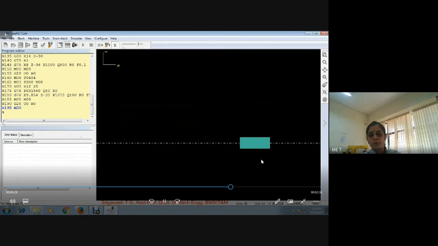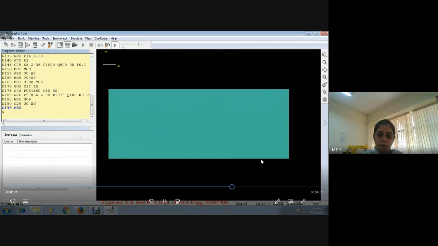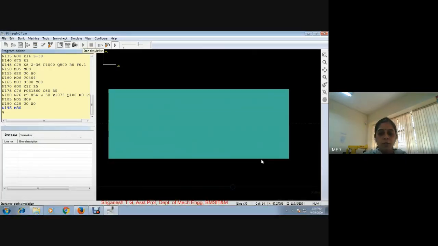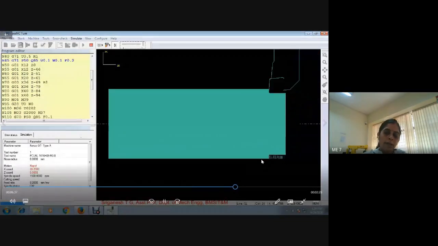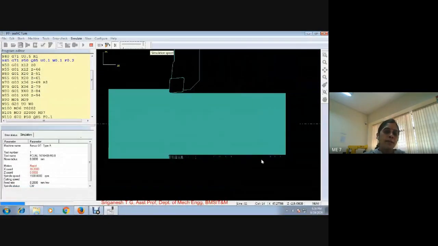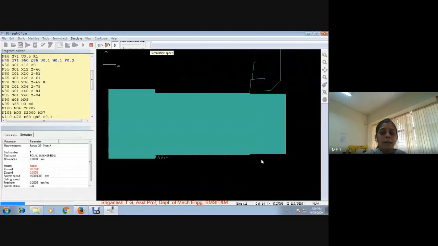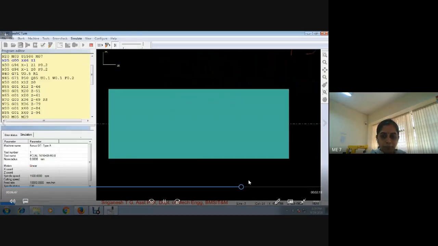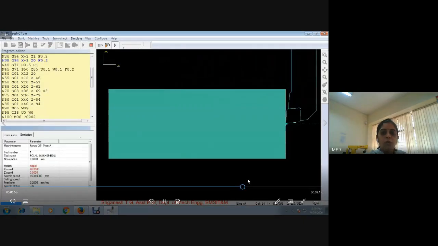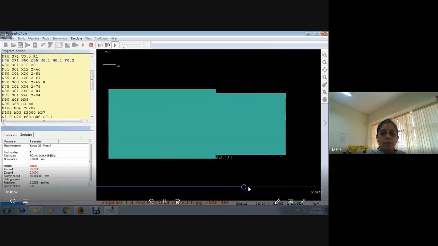Sometimes even students make the same mistake. They type the coordinate system X0, Z0 only. But nothing happens even when you do the error check. It won't show you any error. But when you simulate, it won't be able to simulate fully all the operations you did. Now in this you can see all the steps will be proper.